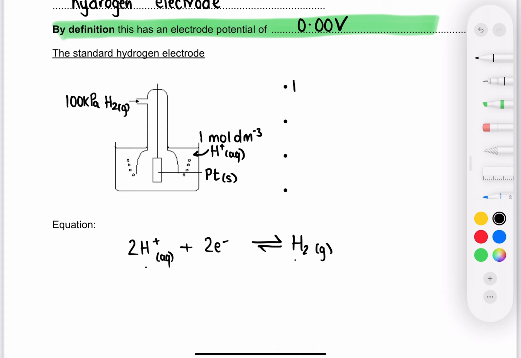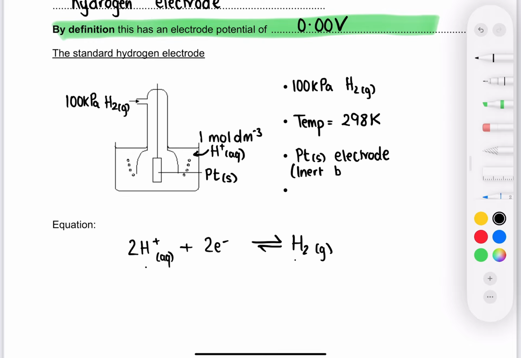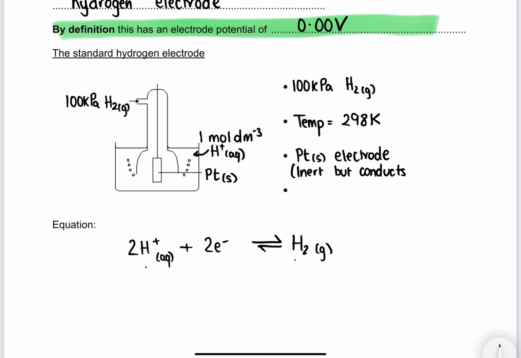So what have we got in here? We've got 100 kilopascals H2 gas. We've got a temperature of 298 Kelvin. We've got a platinum electrode, which is inert, but conducts electrons into the circuit, into the external circuit. And then we've got 1 mole per decimeter cubed H+